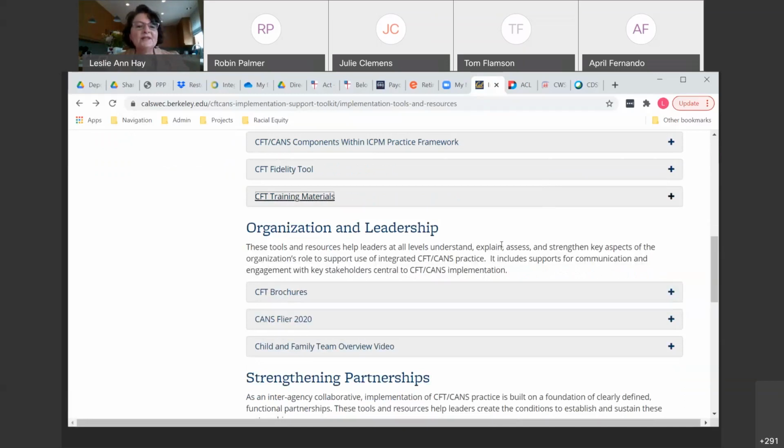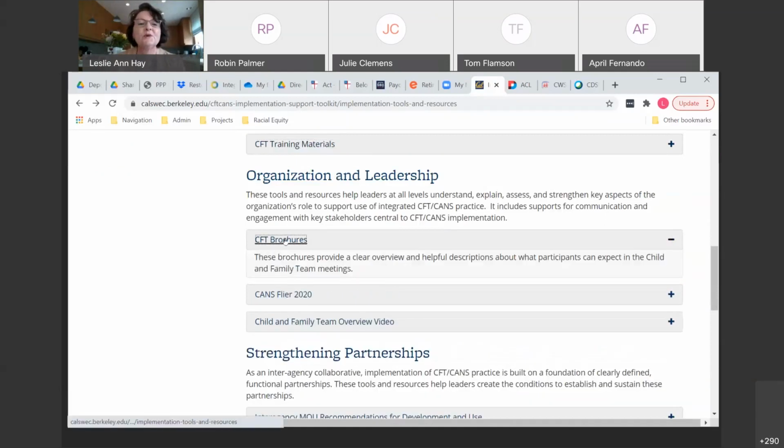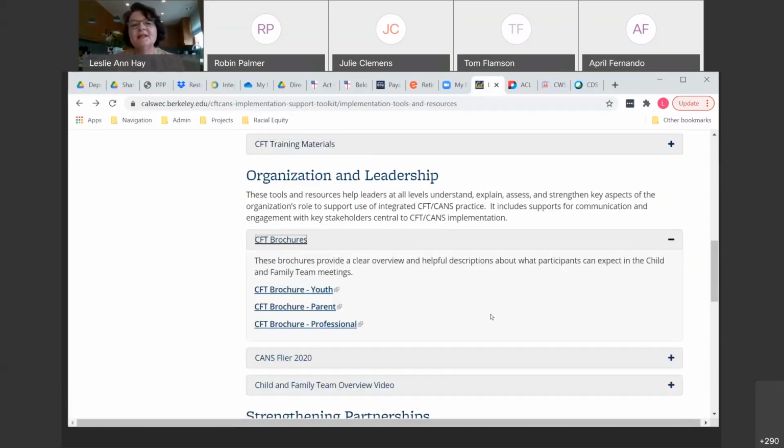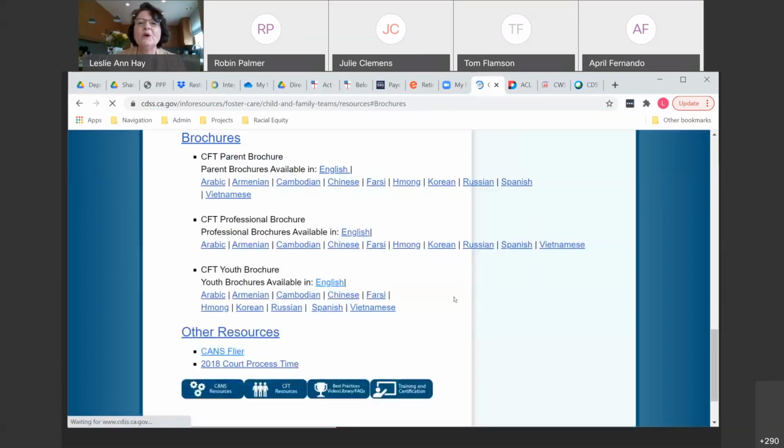In terms of organization leadership, this has primarily been a communications set of tools up until now, and will continue to grow over time. But this is where you can find some really nicely recently updated child and family team brochures that have been revamped to include the notion of CANS being a central part of our CFT process in California, and also just general information around what people can expect from a CFT experience. And what this does is link you right to the CDSS website, where all three of these brochures live in all kinds of languages,